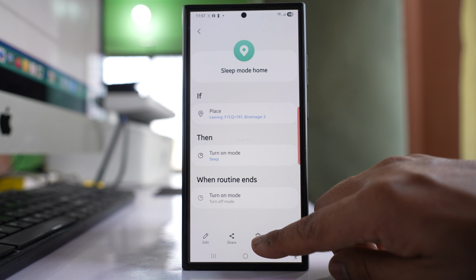Now there is one more condition here. When you are driving, then also the sleep mode will be turned on automatically. So tap on this minus icon here and remove the condition. After that, select Done. Once you have done this one, go back, go to Routines, and there is one routine